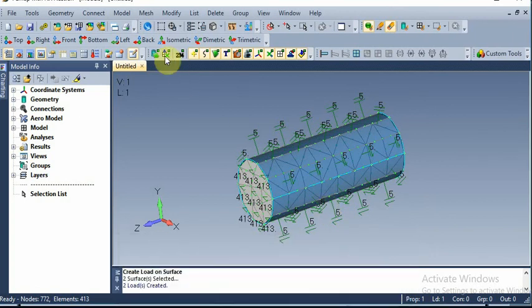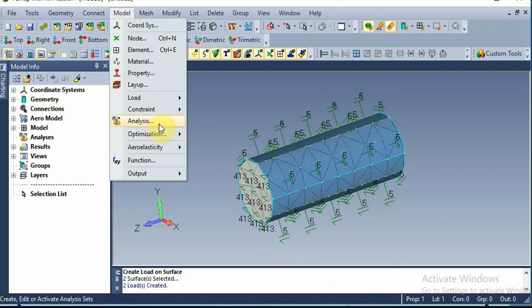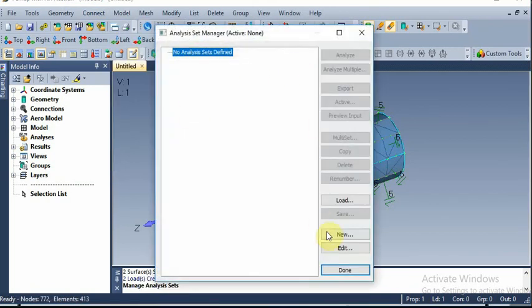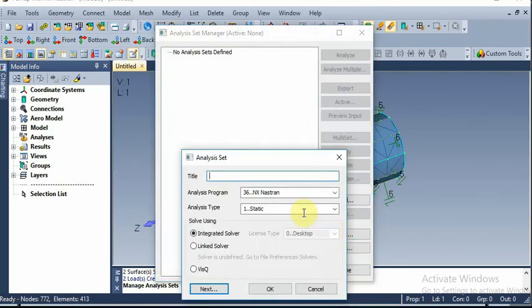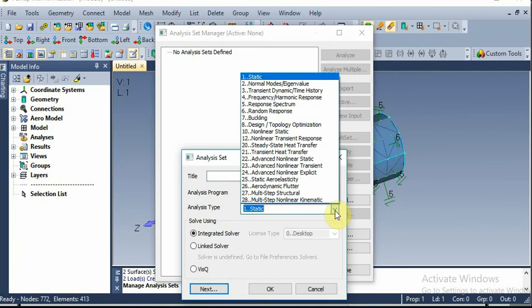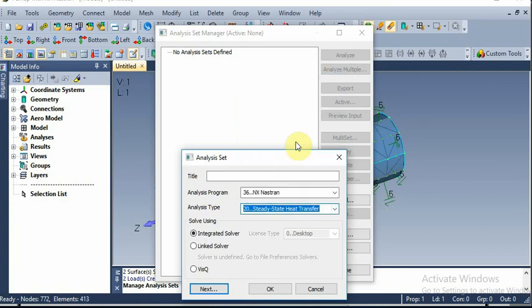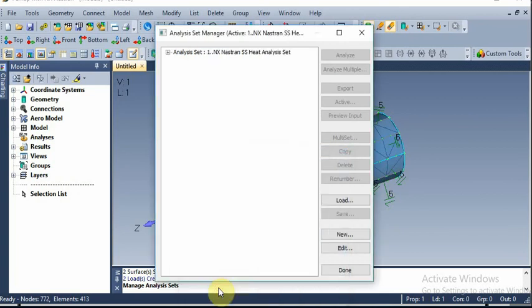Now it's about analysis. Go to model, analysis, go for new. We are doing steady state heat transfer. So next, keep on pressing next.